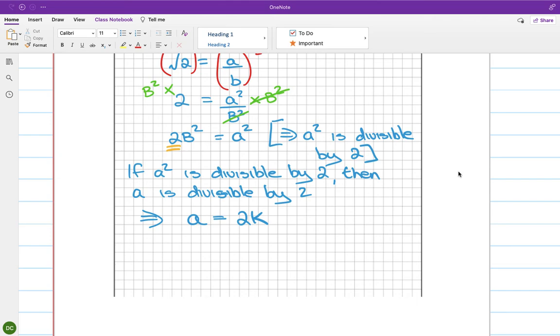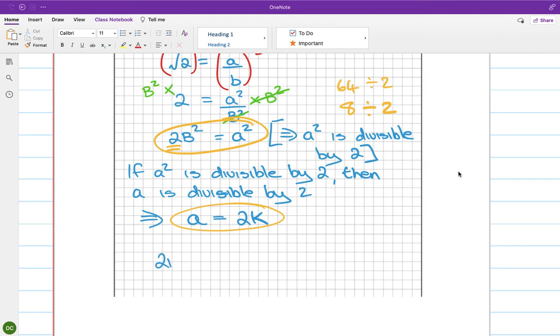And any square number that's divisible by 2, the actual number is divisible by 2. That makes sense. For example, 64 is divisible by 2, and it's a squared number, so the square root of that, the 8, must also be divisible by 2. Here I'm saying the square number is divisible by 2, and then down here I'm saying the number itself is divisible by 2. Now I sub that back in, so I get